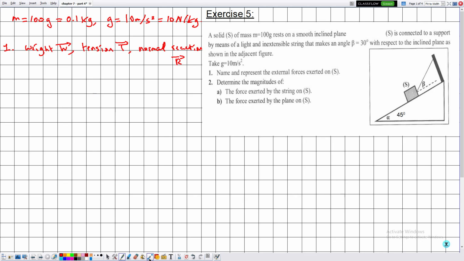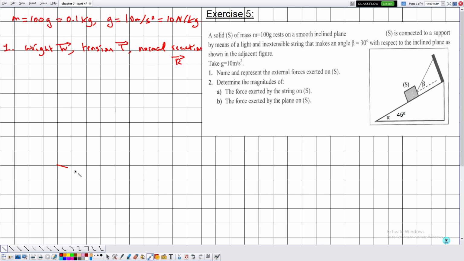So let me draw the inclined plane. So this is the box, this is the solid S. And this is the horizontal, the line parallel to the support, and this is the string that connects the solid S to the other support. Okay,